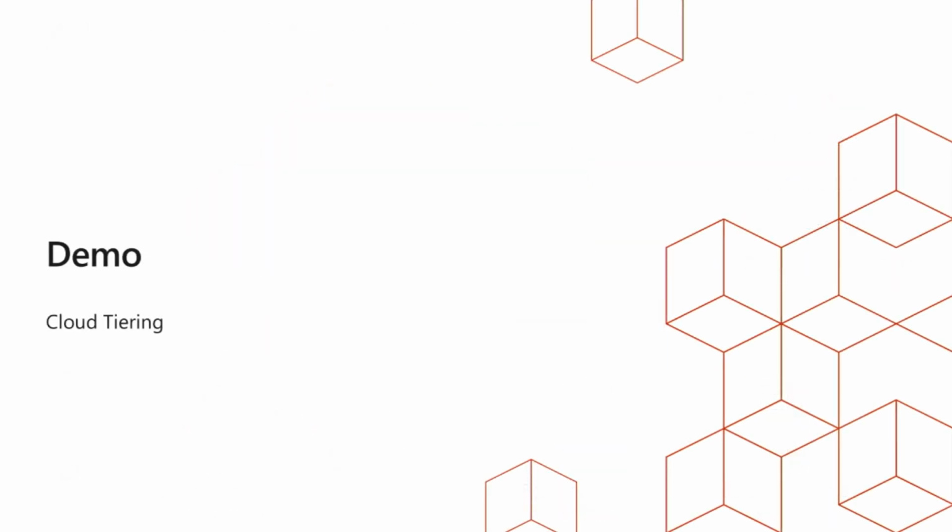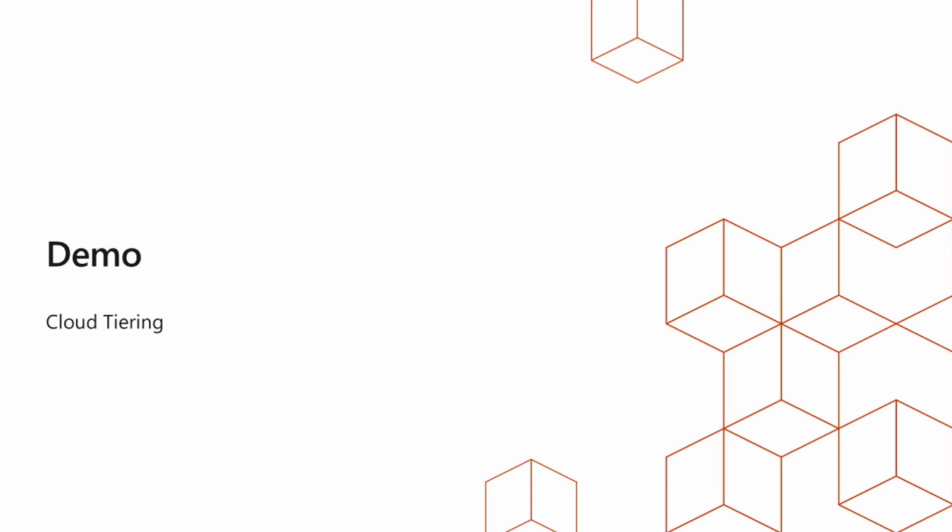So let's go and see a little bit of a cloud tiering demo. A little bit about what cloud tiering is: you can specify an optional parameter when you create your sync group to specify how much data you want to keep on premises. Your entire data set will be in the cloud. However, you can define that, hey, I know I use around 20% of my data on premises, and I want access to it to be high performant. So you can specify a cloud tiering policy, and you can suddenly free up space on premises